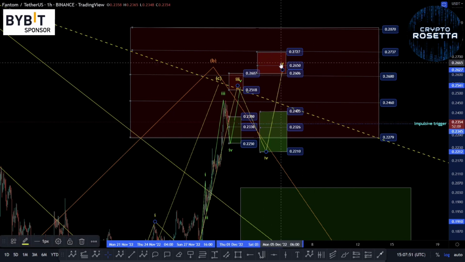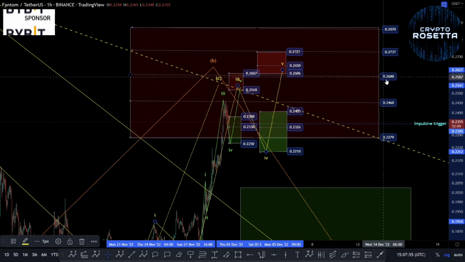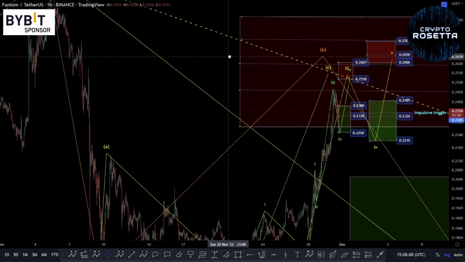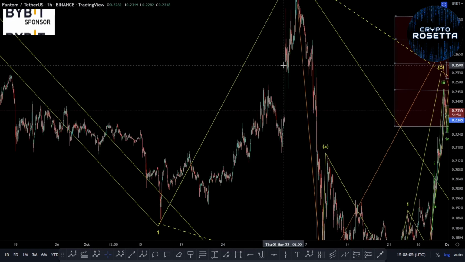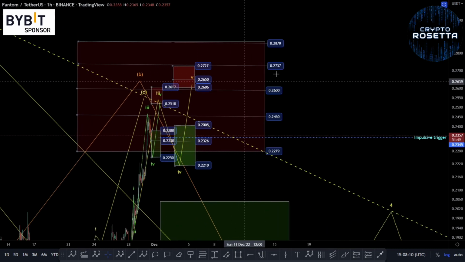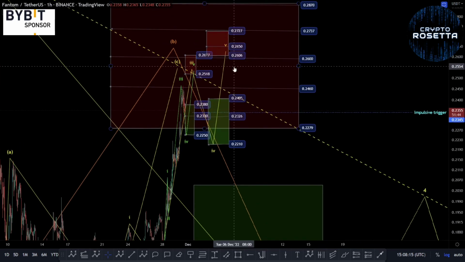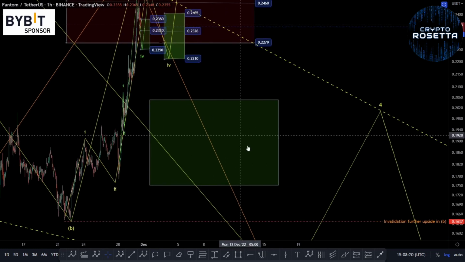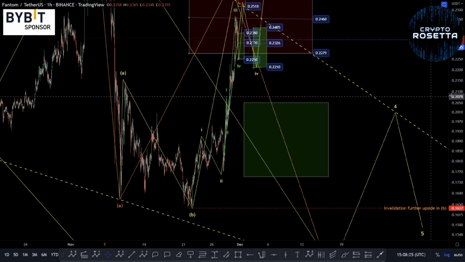or alternatively, if we do reach up into this box area here, this is the 0.702 marked up on this 26 cent area, also a whole number, so it could be an important psychological level that people will be looking at. It doesn't seem to be that much going on in that zone. There's more around the 0.786 area, so it'll be somewhere within that zone if this plays out, and then from there we'd be looking for a deeper pullback, either into this green box area, which would mark a retracement of